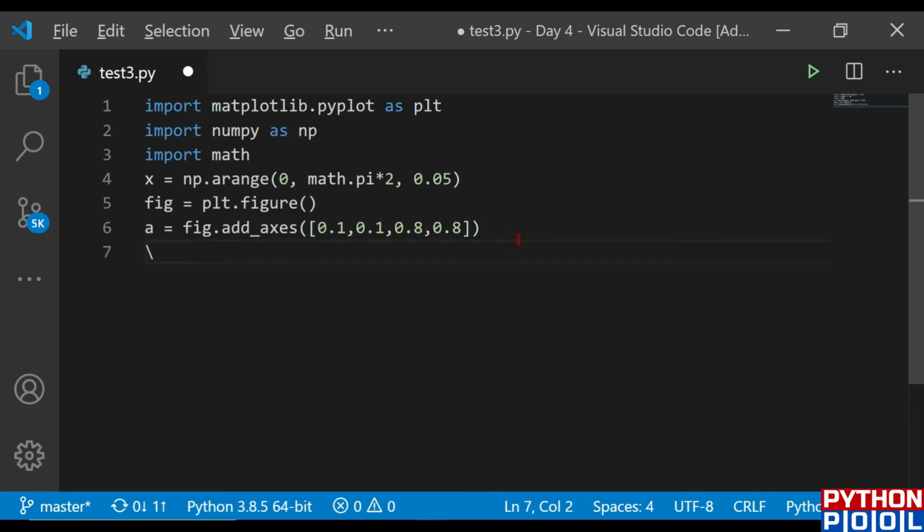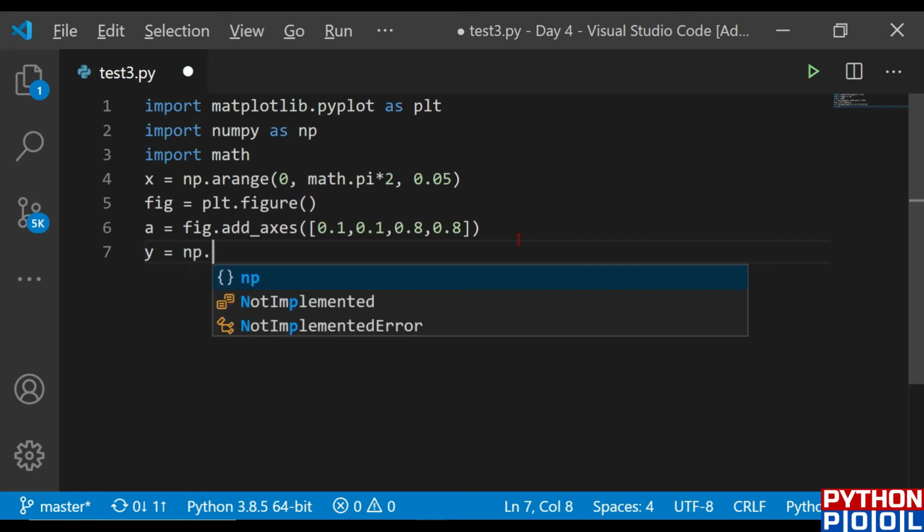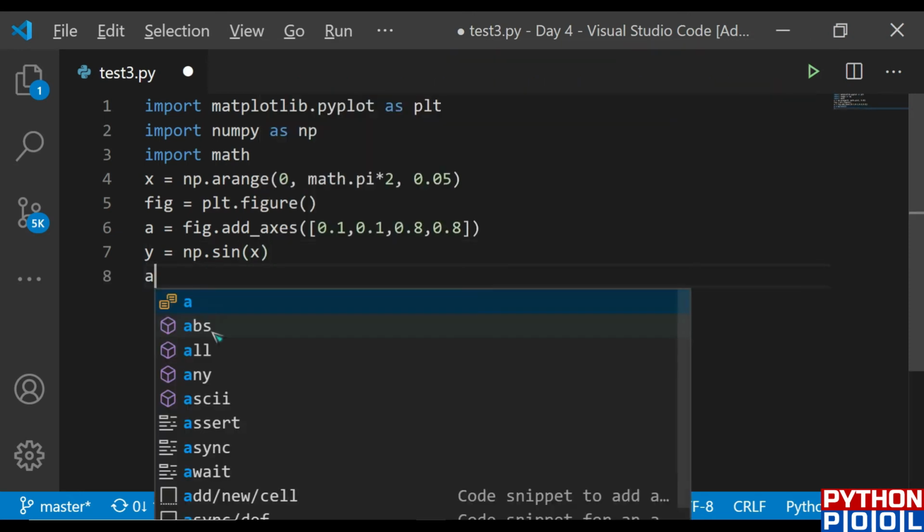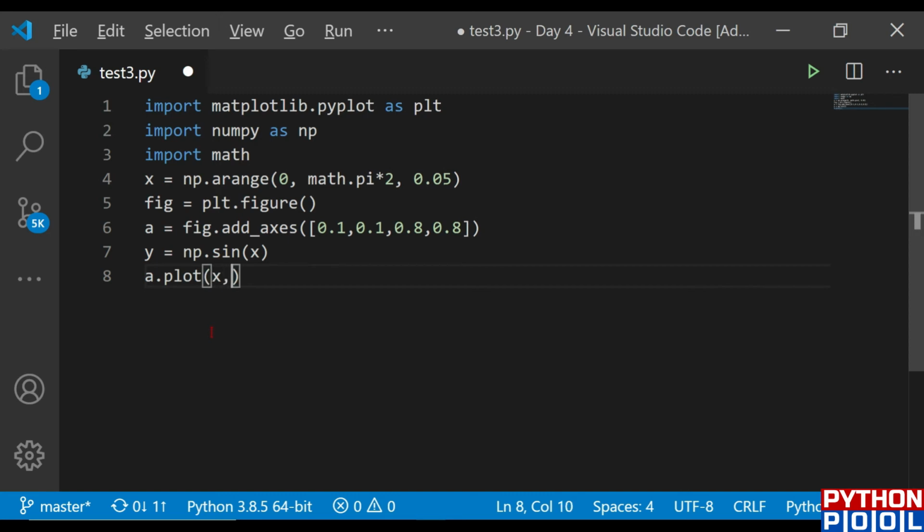And after that, let me define y, that is nothing but the sine of x. Okay, and after that, let me plot these. So a.plot x and y. And after plotting this, let me set the x label and y label. So let me call the x label and y label functions, a.set_xlabel.